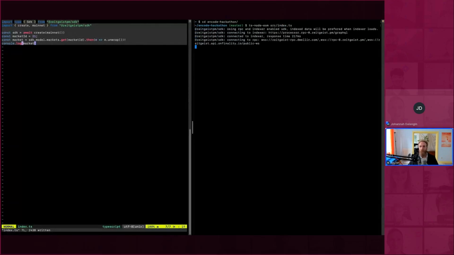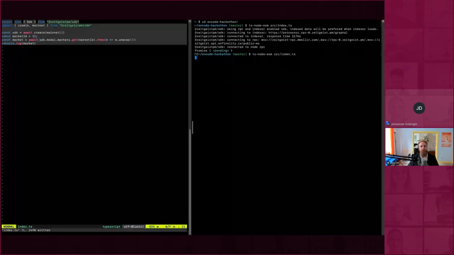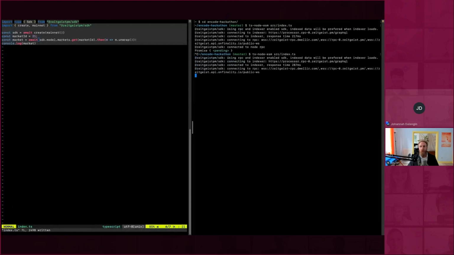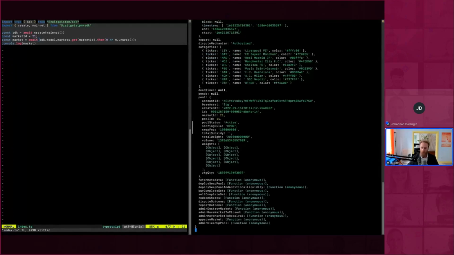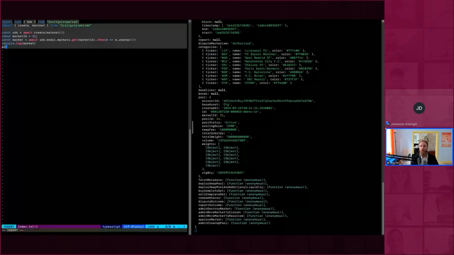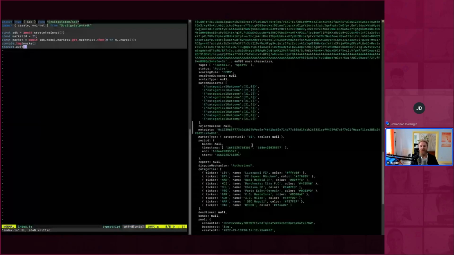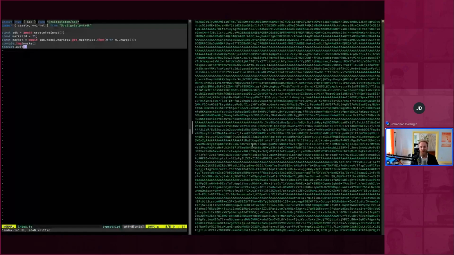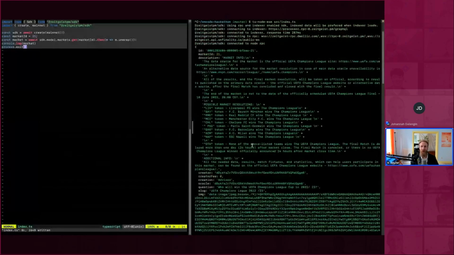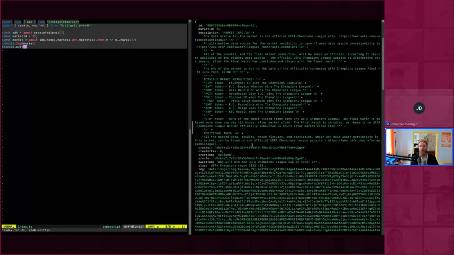That looks great. And I did not await this, so that's why it prints something nonsensical. All right, there you go. Actually, let's add a process exit here. So this is a market on Zeitgeist, and you can see that this is, as I said, not just a BTC USDT pool. This is packing some information here, right?